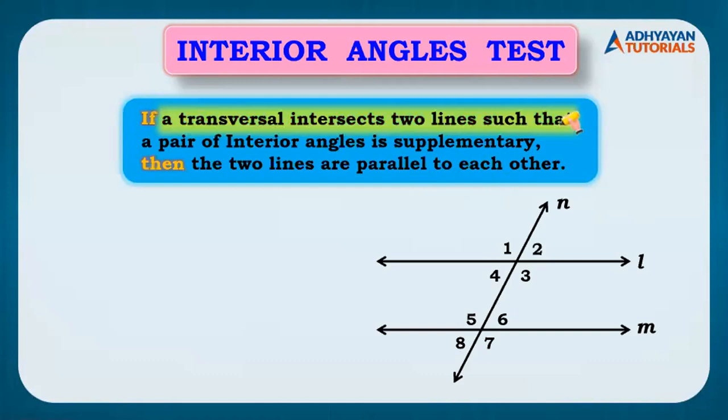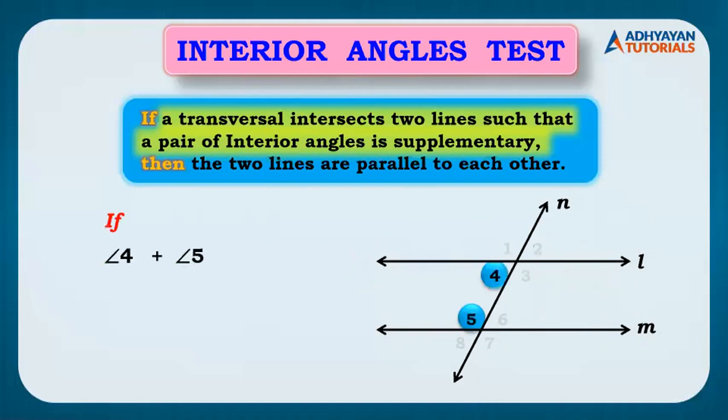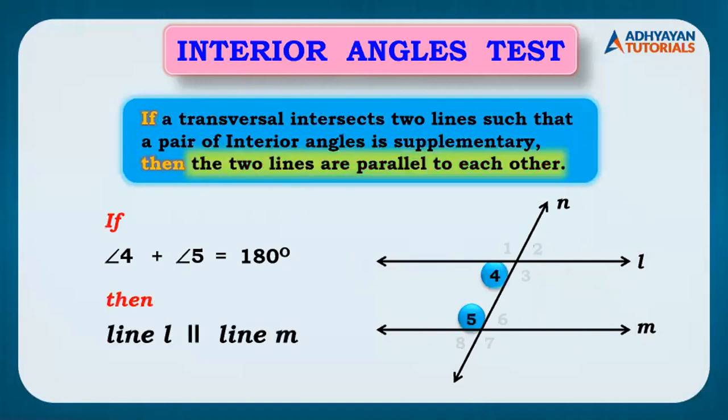So here, children, I also hope everybody remembers interior angles. For interior angles, the alphabet you have to recollect is C. So 4 and 5 form a pair of interior angles. Likewise 3 and 6 form a pair of interior angles, right? So you can select any one pair. If you add the measures of both angles 4 plus 5, and if it is 180, then the lines are parallel, right? Just copy the interior angles test along with the statement.